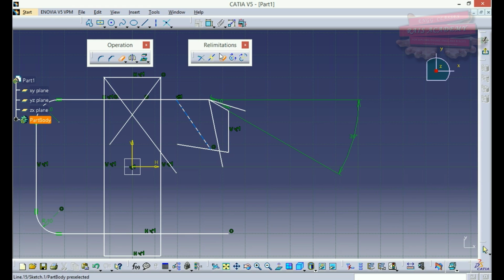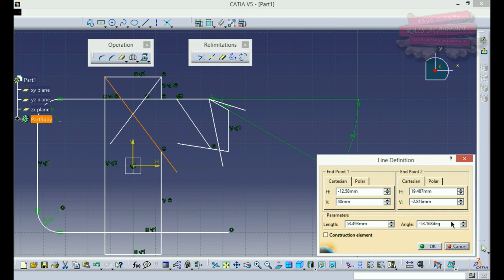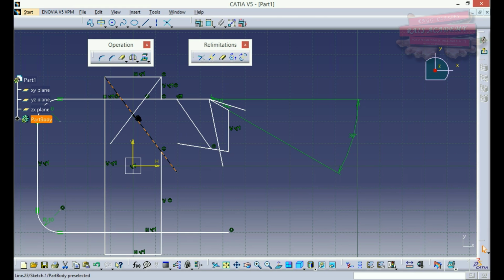So suppose I have selected this line and I click it, then this part would get deleted. But if I select this line, it won't get deleted, because it is intersecting at this point, but it is not intersecting at the end points. Okay, so this line won't get trimmed.